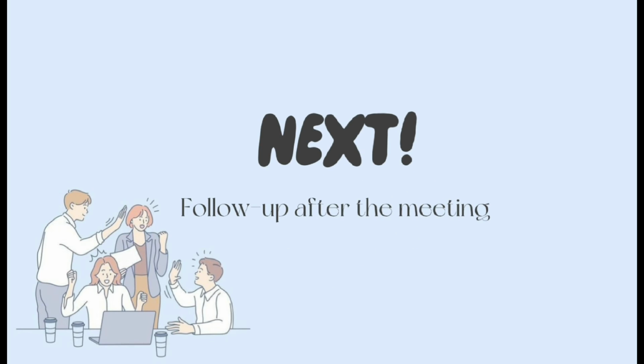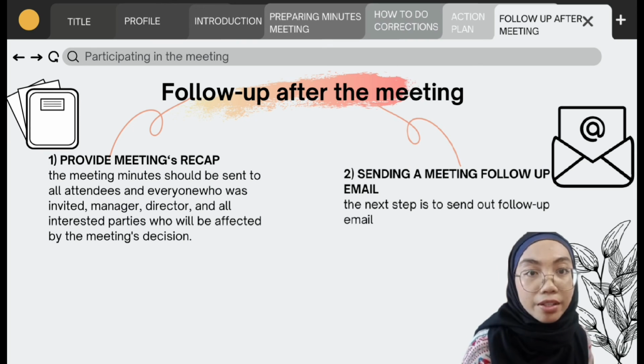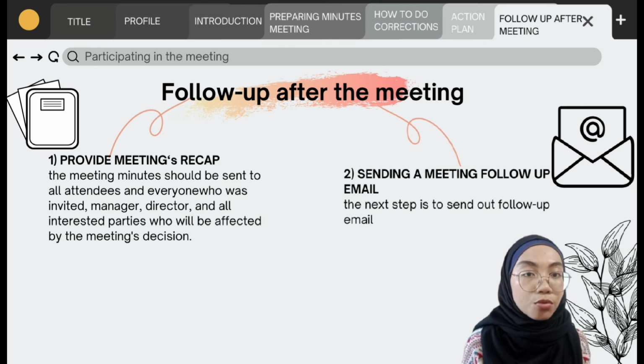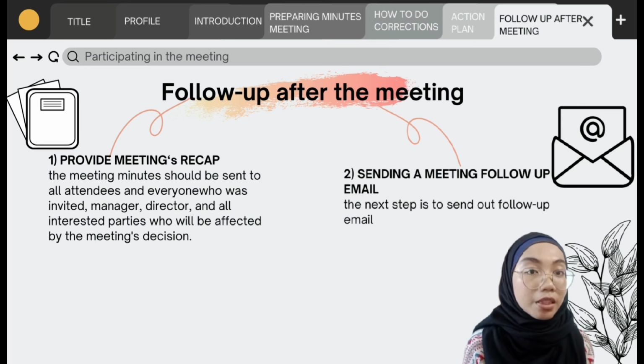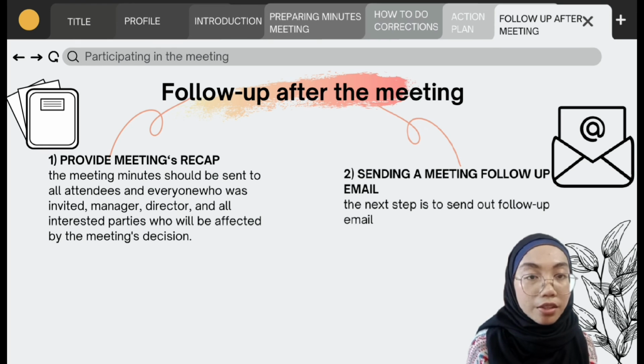Now we're going to proceed with the last presenter. As a final note, I will explain more about follow-up after the meetings with you guys. But I will tell you first what a follow-up meeting is. Meeting follow-up includes the activities conducted after the meeting and immediately following the meeting. The meeting organizer sends out meeting minutes and collects feedback. And if the meeting results in action items or other plans, the leader may also schedule a dedicated follow-up meeting